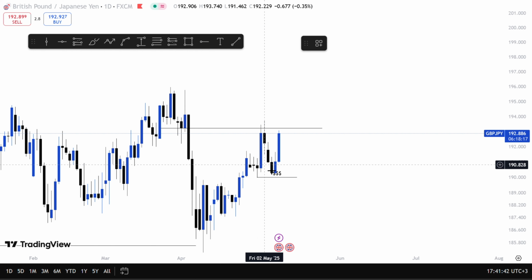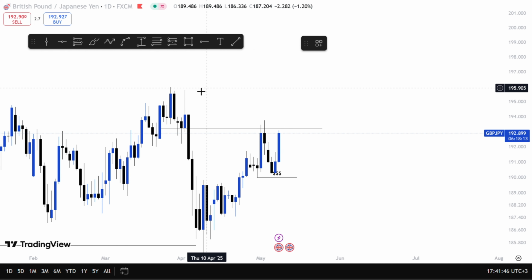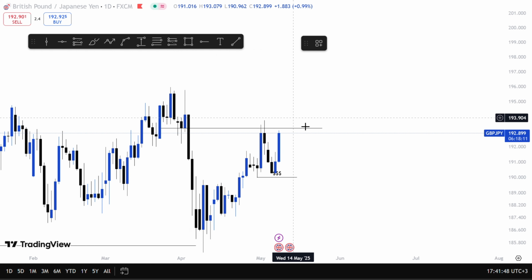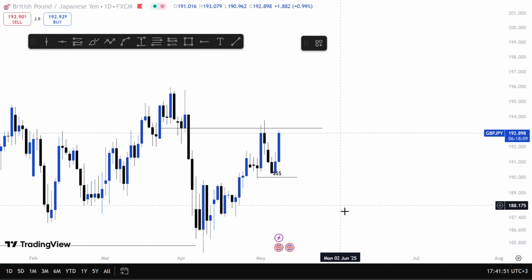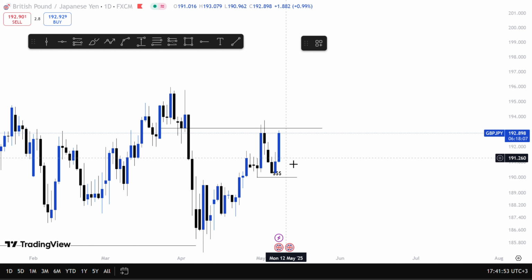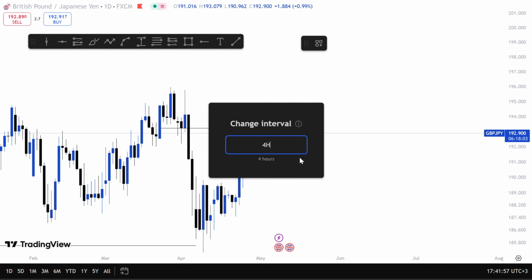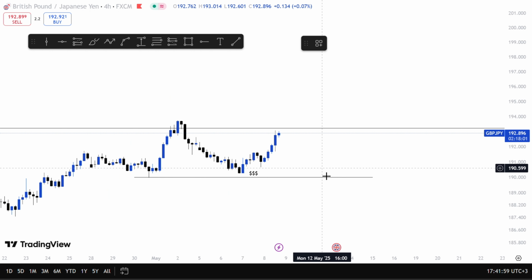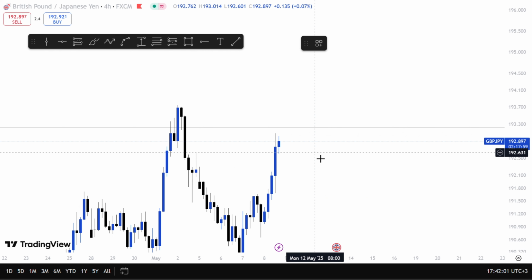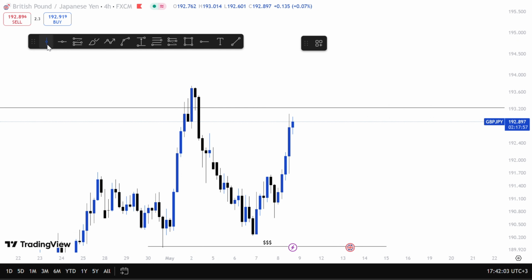So because it holds, I feel like it's gonna break this and come to test maybe this week, and then it could show another movement, but I don't want to call price that way. So yeah, let's just go to 4 hour, and in the 4 hour, what do we see? Because I usually open the charts at 9 a.m. so I'm gonna show you that at 9